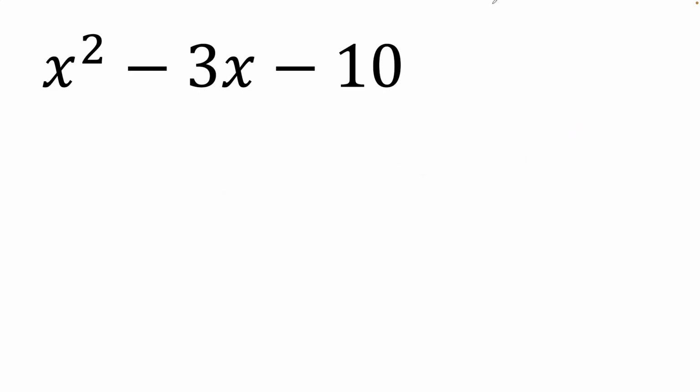And now for our last problem, again, pause the video, try it out. So same idea, we can do x, parentheses, x. We think to ourselves, what two numbers multiply to give us a negative 10, but add to give us a negative 3? And with practice, you pick this up much faster, but it's going to be a negative 5 and